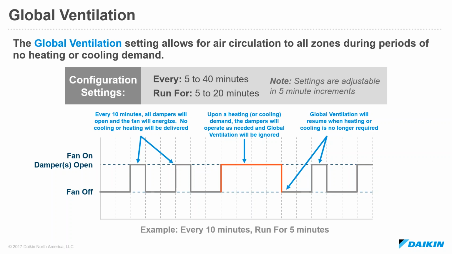And then once we've reached that point where we've satisfied all zones and we are back to a period of no heating or cooling demand, this global ventilation setting is resumed, and we'll keep waiting every 10 minutes to run the fan for 5 minutes. So it's relatively straightforward, and it just gives you this option to allow the VRV indoor unit to circulate air and bring ventilation. If you're bringing outside air to that fan coil,